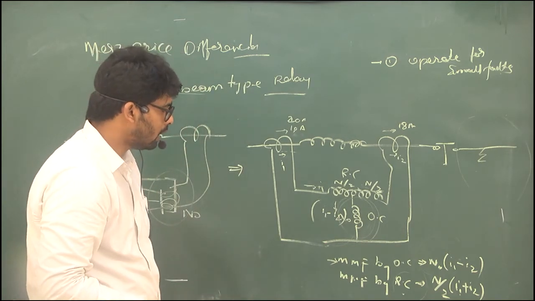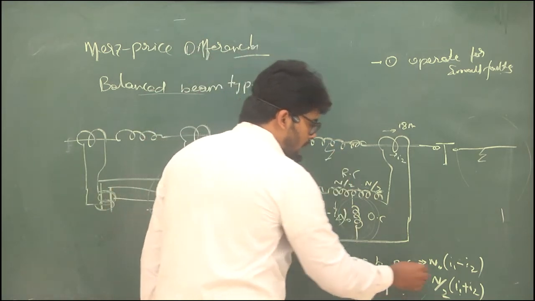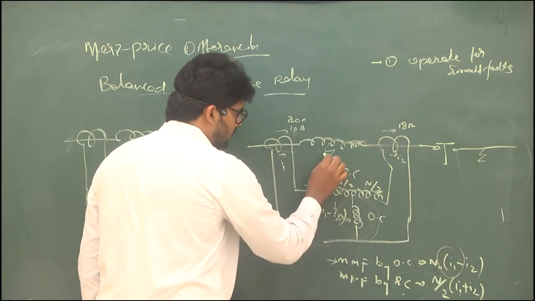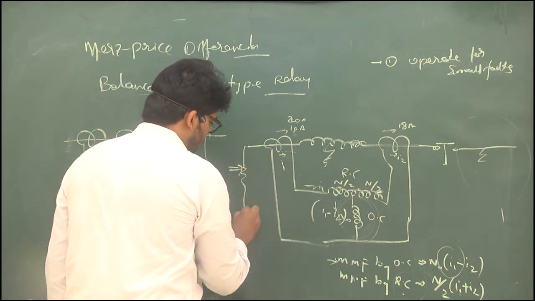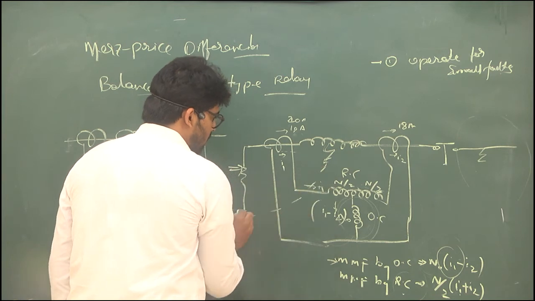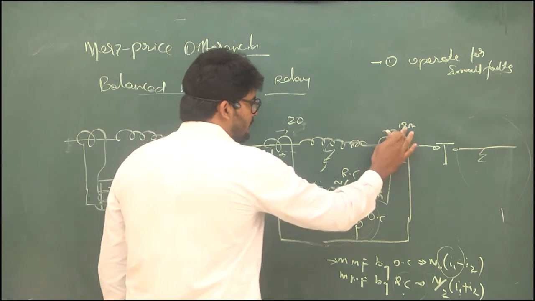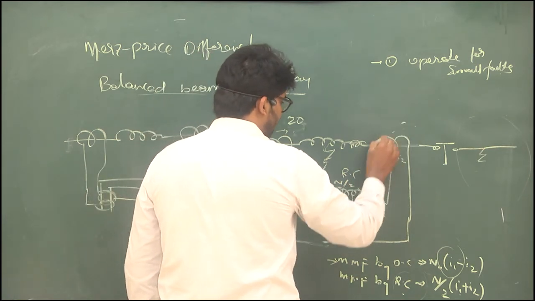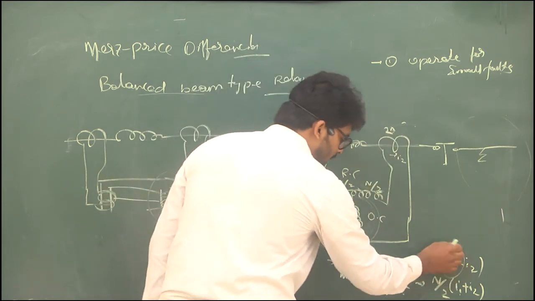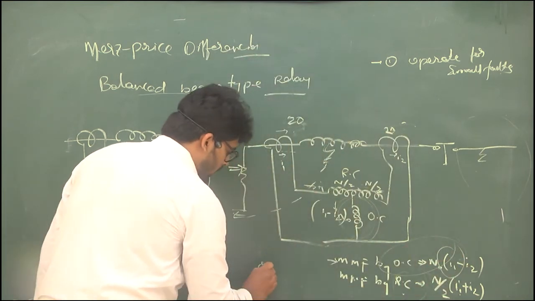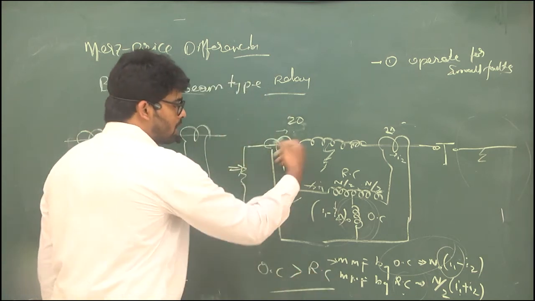Okay, and then if a fault occurs inside, say this I2 fault, because the fault occurs as a phase to ground fault, this is internally connected to a resistor we have. So I1 will always be greater. For example, this is 20, and the current in this section is almost less, say for example 1 amp or 2 amp. So at this time the operating coil force will be greater than the restraining coil force. So then only this relay will operate.